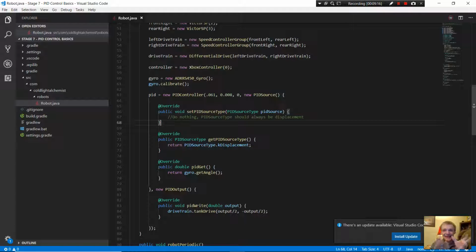It's very time-consuming and tedious to tune a PID because you want your robot to react quickly, but you don't want it to react so quickly and so violently that it's constantly overshooting its goal and oscillating back and forth between, I want to be at 60, so I go to 80, and then I immediately go full speed backwards to 40, and then immediately full speed forwards back to 80. You want to make sure that you have plenty of room to work, because tuning a PID can be kind of complicated and dangerous